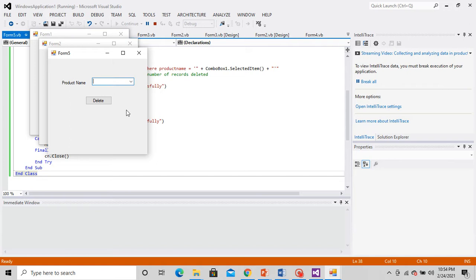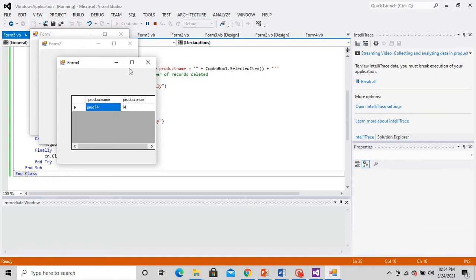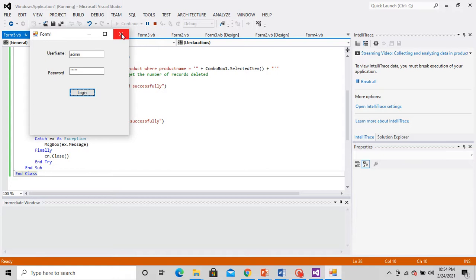Okay, so students, I mentioned already that this code will work better if you are loading the primary key there, right? Since here I have not mentioned any primary key, the product name can be repeated more than once. So you can just improvise on that. See, only one product 14 is remaining here, right?